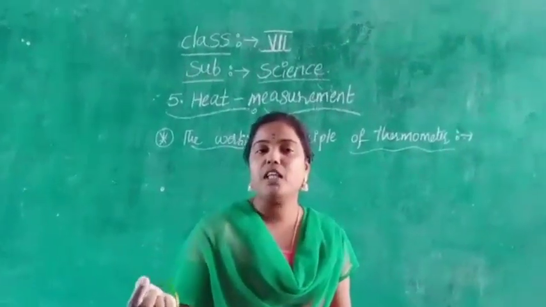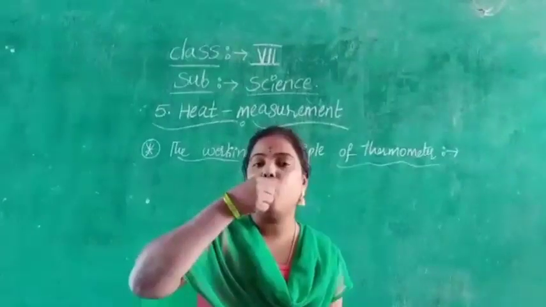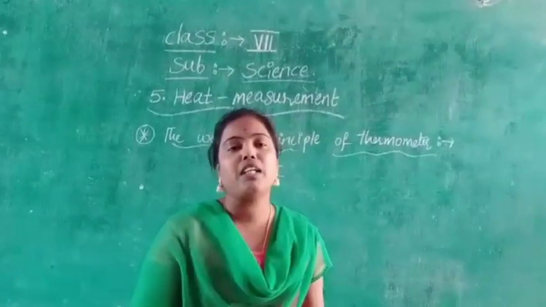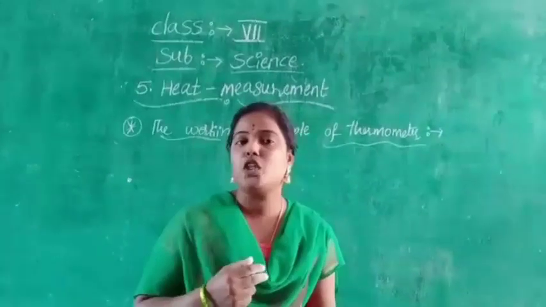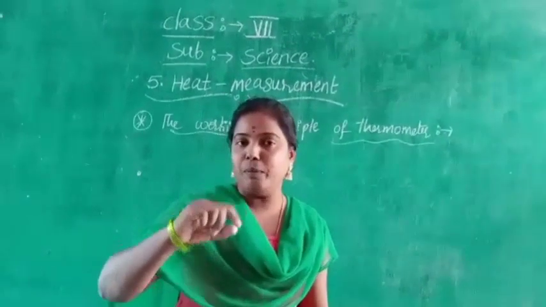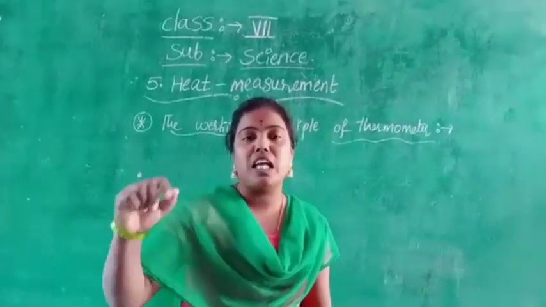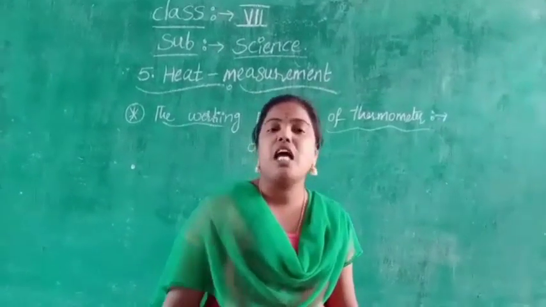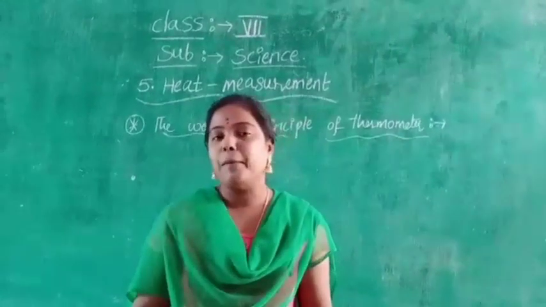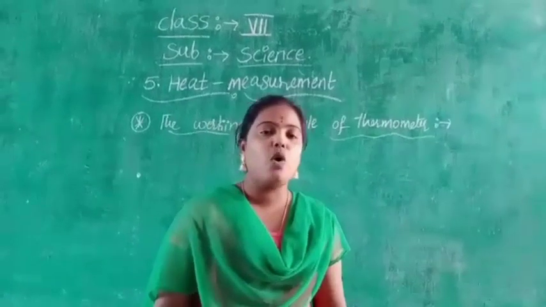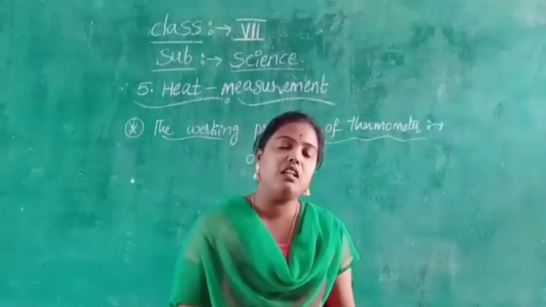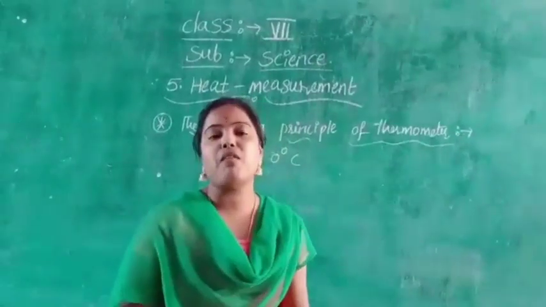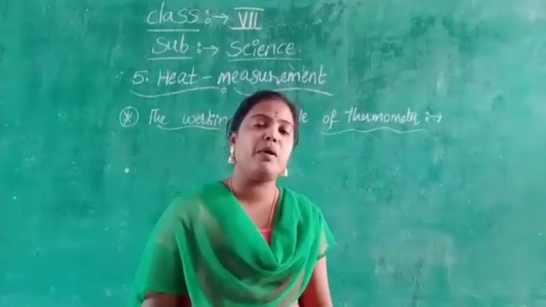When the doctors keep the thermometer below our tongue, our body maintains some normal temperature. Due to this temperature, the level of mercury rises in the thermometer, meaning the mercury starts melting due to temperature or heat energy. That's why in hospitals the doctors use a thermometer which is made of glass.